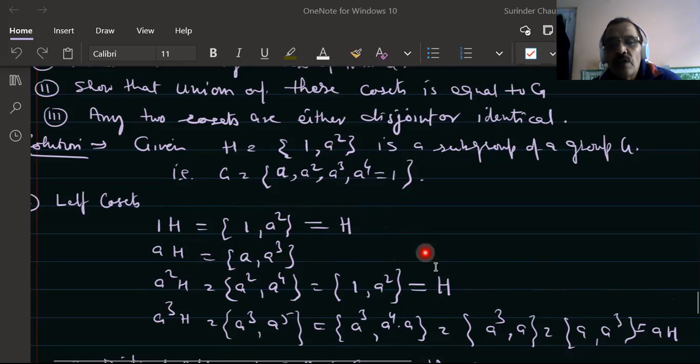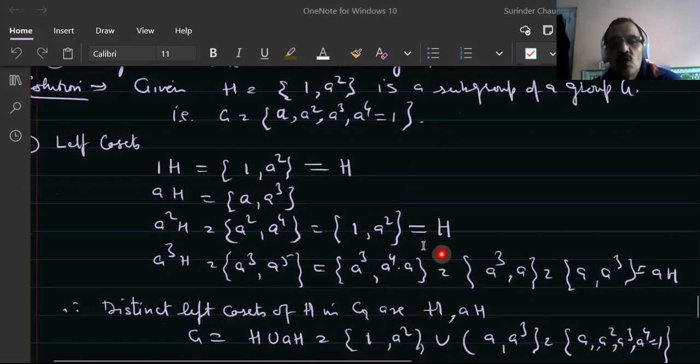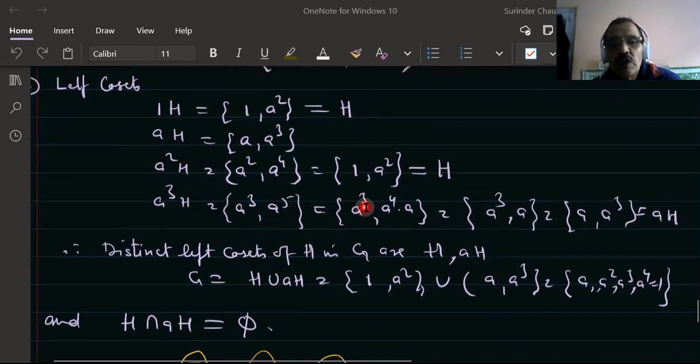One is H and the other is HA. From this we can conclude that H and HA have no common elements, so they are disjoint, and the union of H and HA will give us G. They are disjoint, and then substituting